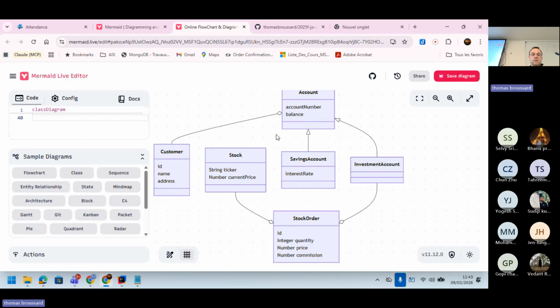So if I delete the account, the customer can remain. Here the same, the stock order is connected twice with stock and investment account, with white diamonds, which means that if I delete the stock order, the stock survives and the investment account survives as well. If it was plain,